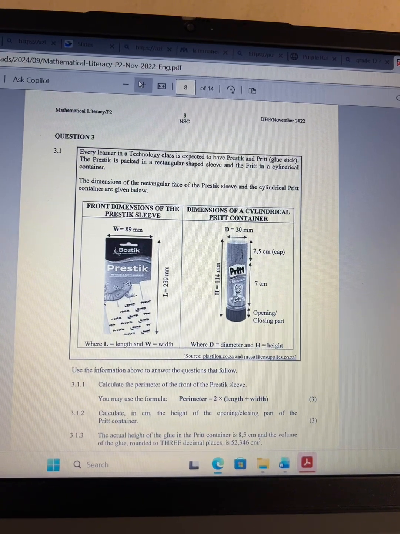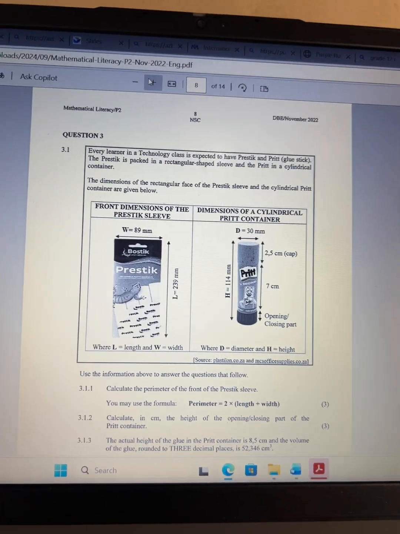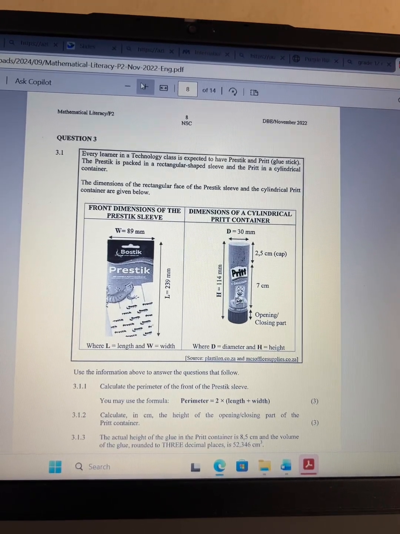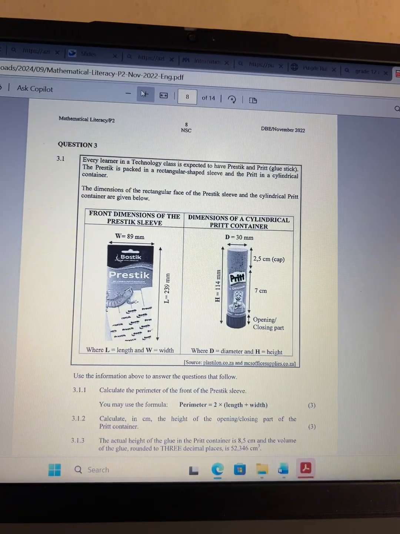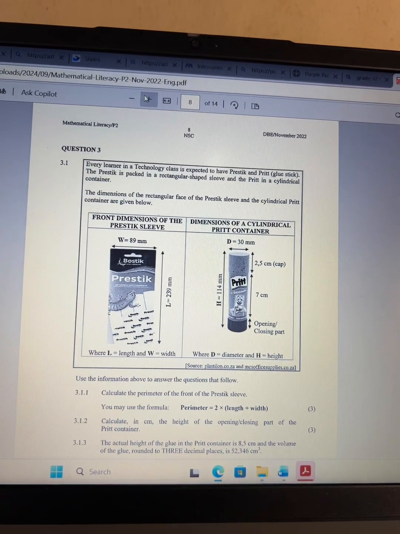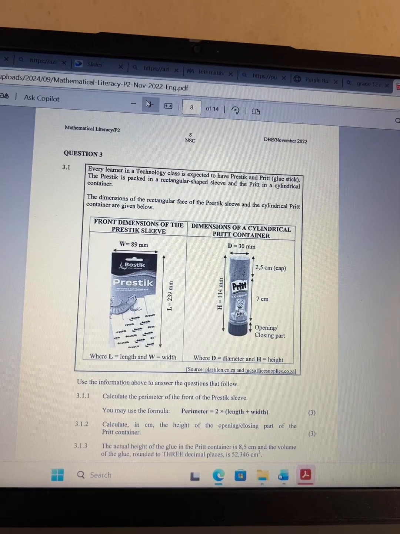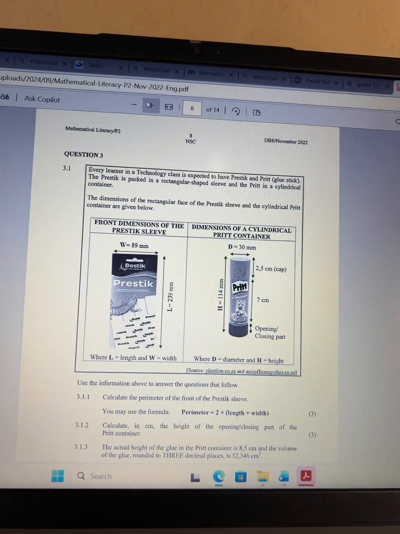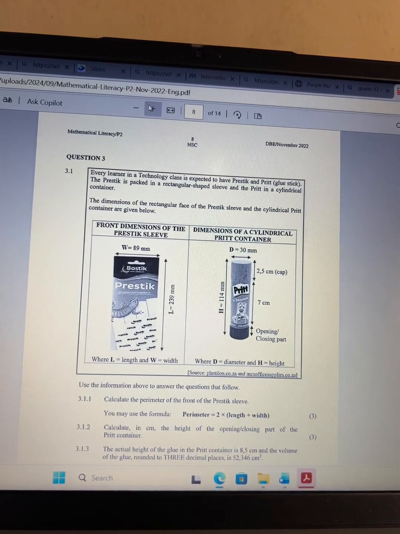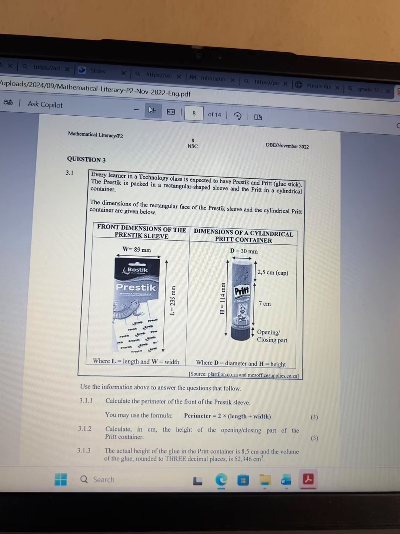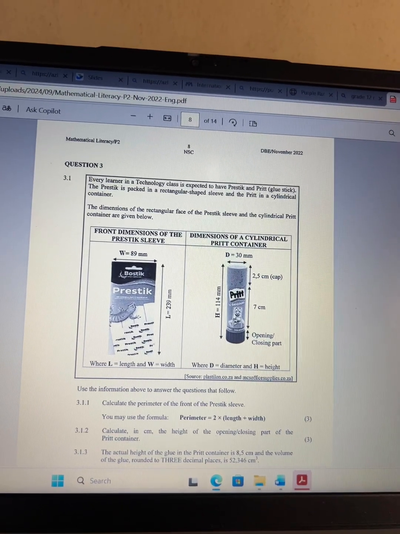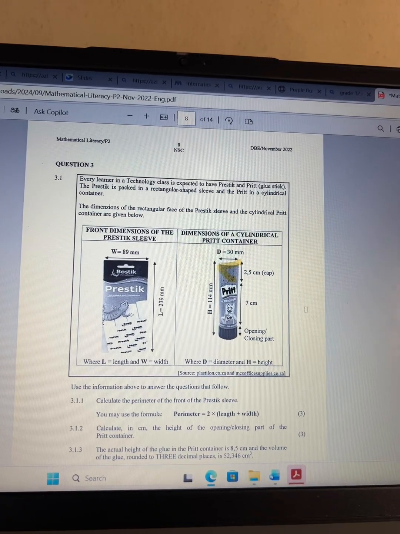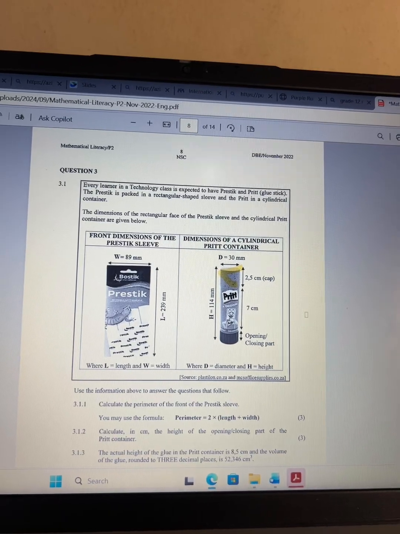The dimensions of the rectangular face of the Pritt stick sleeve and the cylindrical Pritt container are given below. There is the front dimension of the Pritt stick sleeve. It has the length and the width. The length, we know that is the longest side, which is 239 millimeter, and our width is 89 millimeter. When we go to our Pritt container, which is a glue stick, we have the diameter, which is 30 millimeter. We have the height, which is 114 millimeter, and then we have the measurement for the lid of the glue, which is this part, a 2.5 centimeter cap,